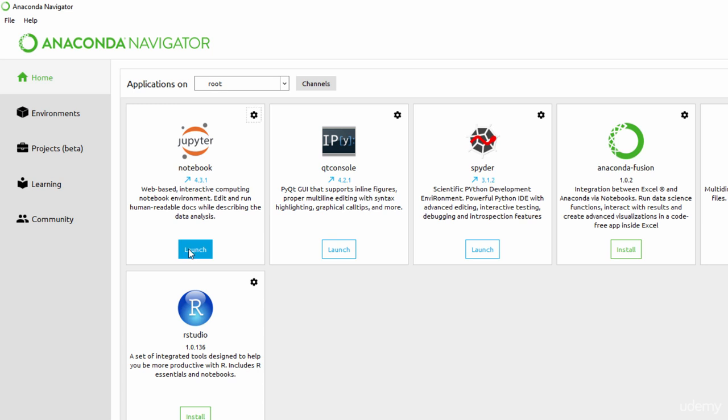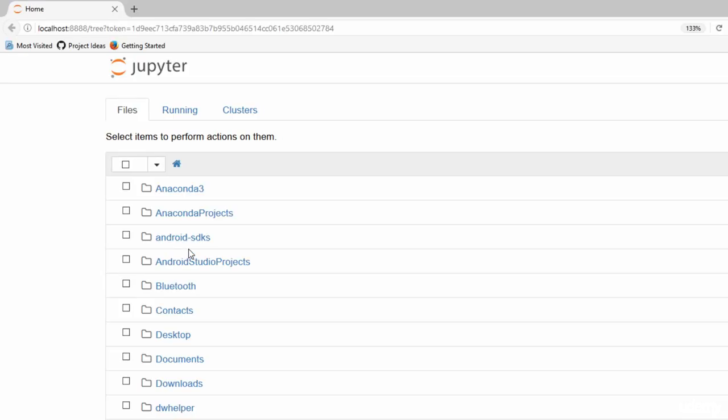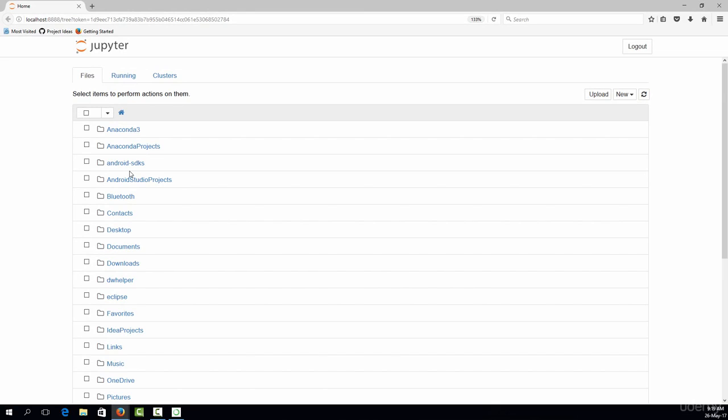The best thing about Jupyter Notebook is that you could save your code like you save notes on your actual notebook. So whenever you write Python code and you want to share it with someone else, or you want to make it public, you could simply save it in the Jupyter Notebook. When you click that, it's actually going to open up your browser window, and this is what the Jupyter Notebook's dashboard looks like. Let's say you want to start executing Python code over here. You could simply go to new, click on Python 3,